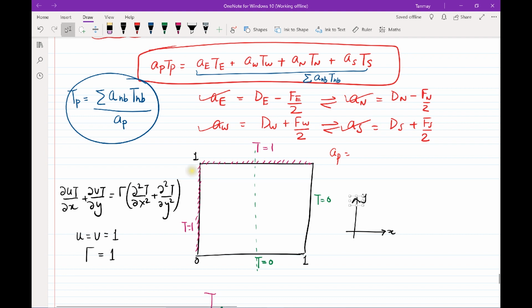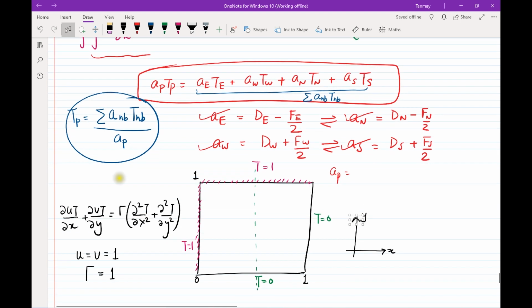In the last lecture, we started with a problem that had a square domain of size 1 by 1, and we had a variable called T, which was fixed to be 1, or unity, at the top and the left face, while we set a boundary condition of T equals 0 on the right and the bottom face. We also assumed in our governing equation, which is written here, that u and v were both equal to 1, and we said that we can change the value of gamma so that we can also change our Peclet number. I'll show you what that means in just a little bit.